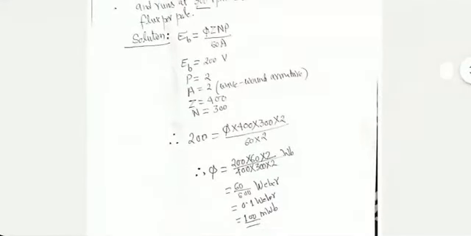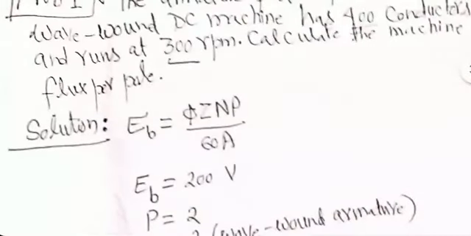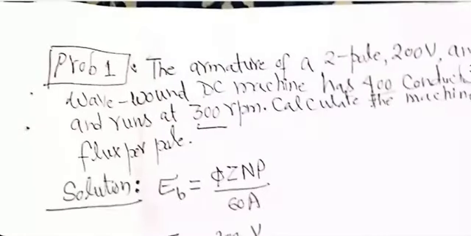One important thing to notice from a practical point of view is that the terminal voltage of the generator will be reasonably close to back EMF for most practical situations. It will not be equal, but it will be close enough. So the voltage that you can obtain from a DC generator essentially depends on phi, Z, N, P, and A. Normally for a given machine, the number of poles, number of conductors, and parallel paths are fixed. That means Z, P, and A are fixed. It is phi and N which are under your control.